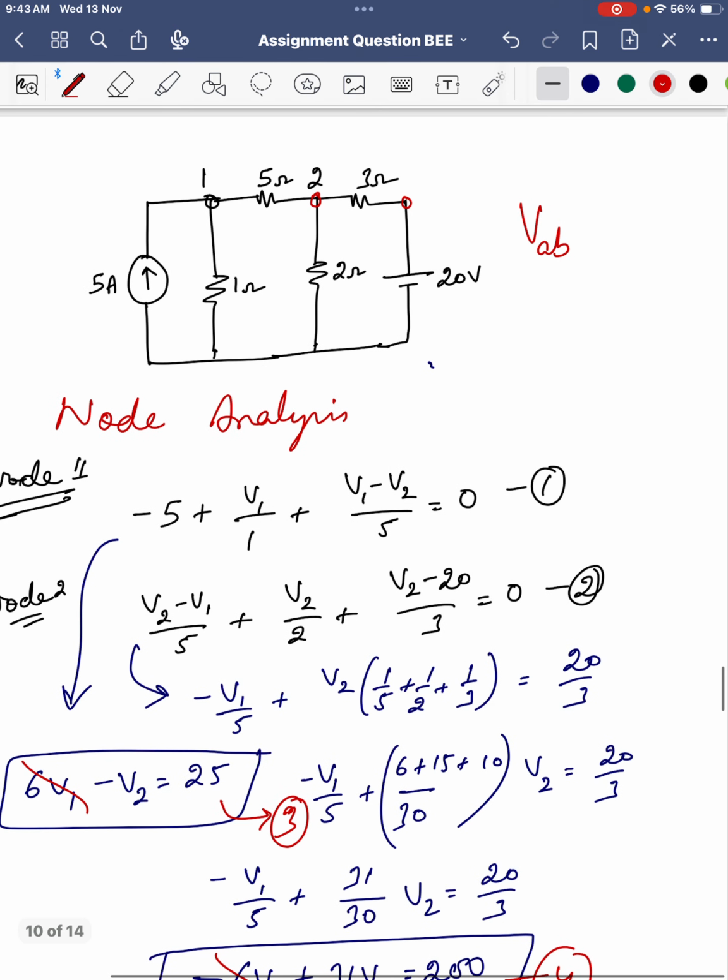So V2 is 7.5 volts. So once we know V2 is equal to 7.5 volts, we can find the value of the current in this wire. So this current is 7.5 minus